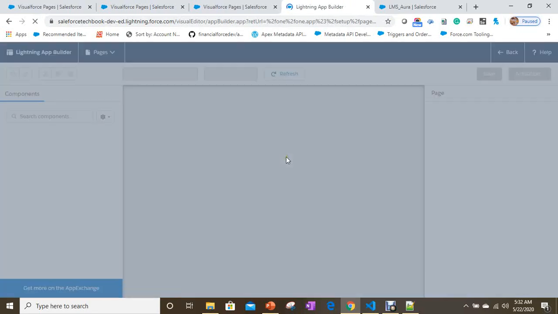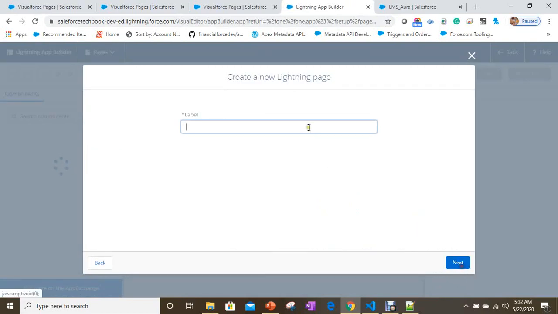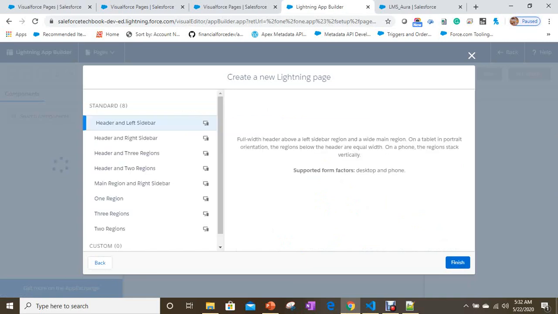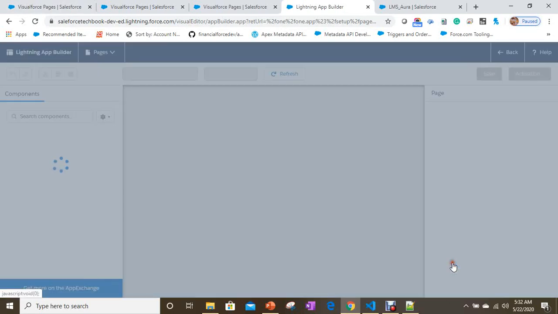I'm creating an app page, LMS LWC example. This is the app page. Two regions as usual.